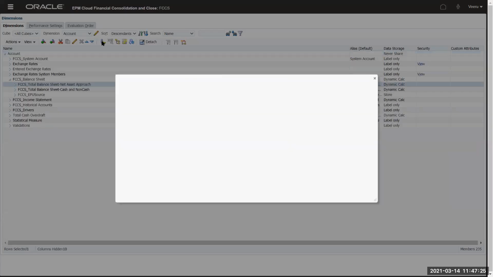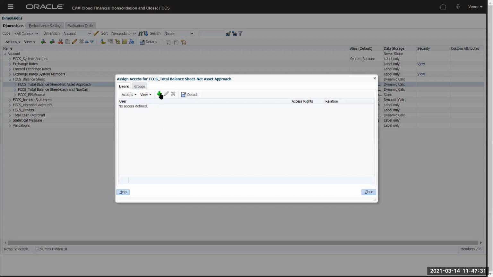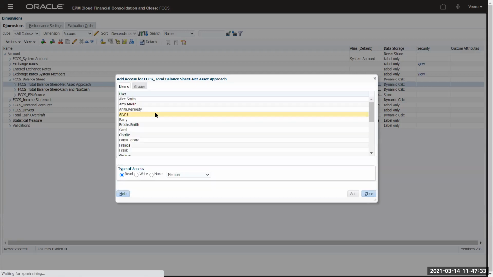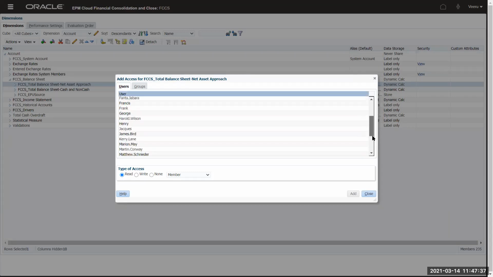When I say assign access, the users and groups are the ones that I earlier created in the access control. Those are the users and groups I can give access to. All the users are part of the list here. These could be your identity domain users, not just native users.